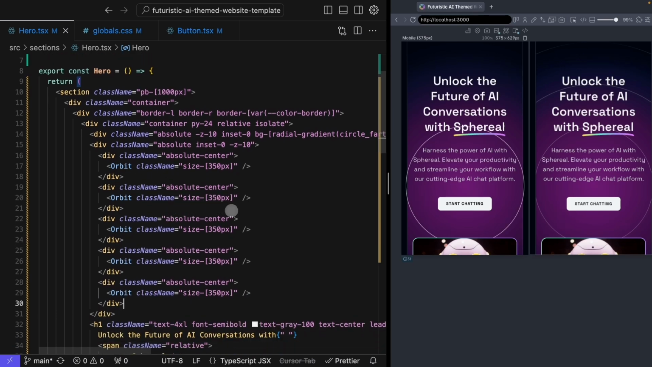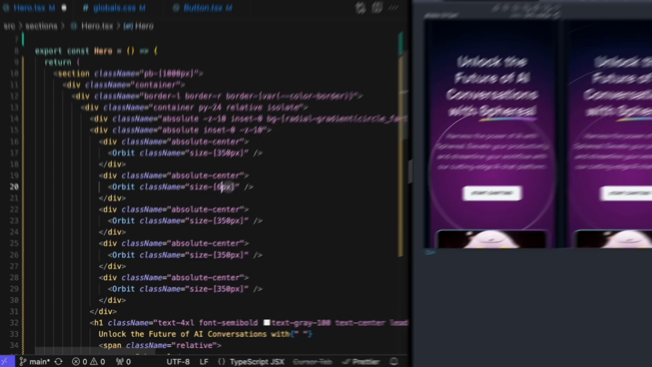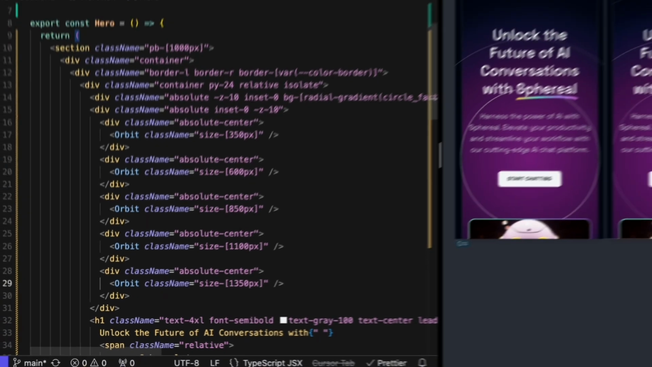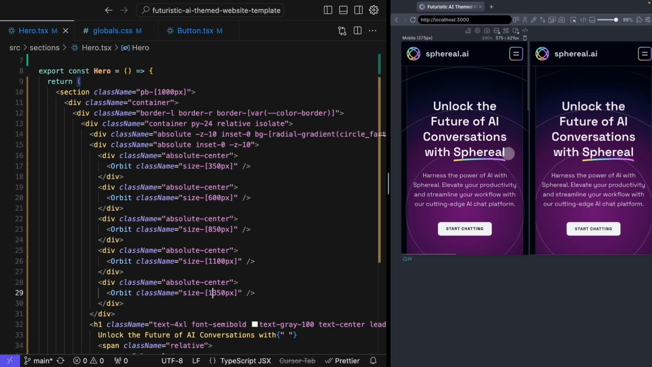So the first one's going to be 350. The next one is going to be 600 pixels. The third one is going to be 850. The fourth one will be our 1100 pixels. And then the fifth one is going to be 1350. And after I save that, we should see that our orbits are showing up in the right location, but